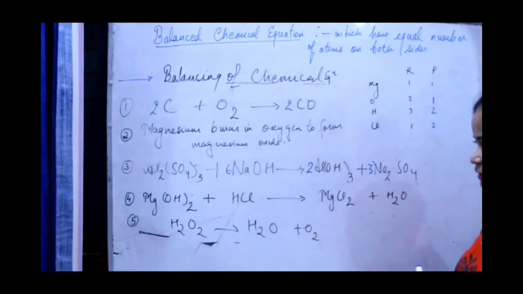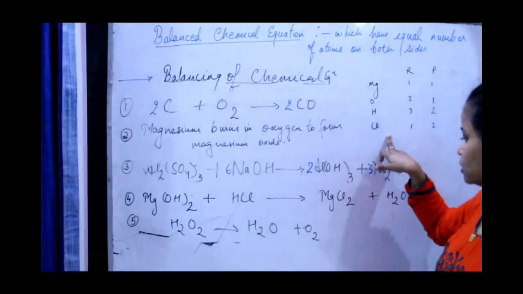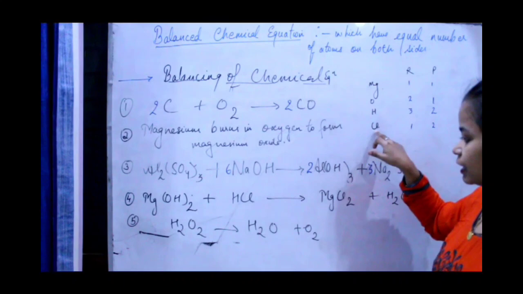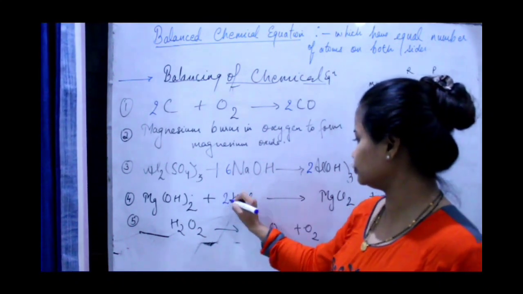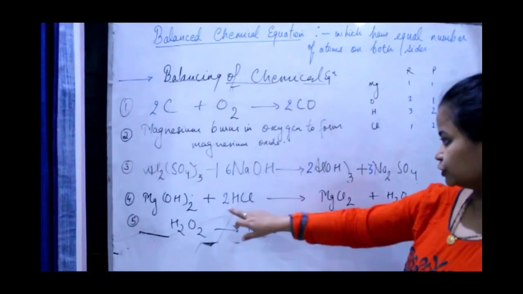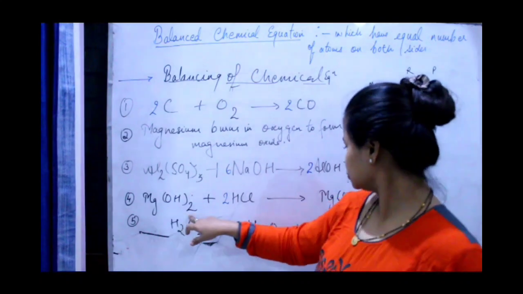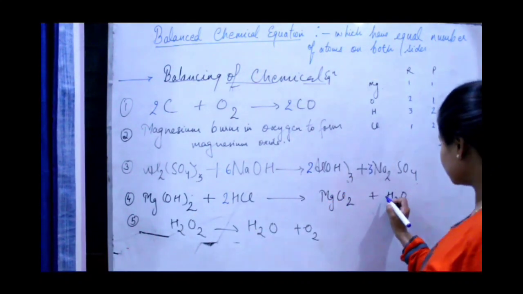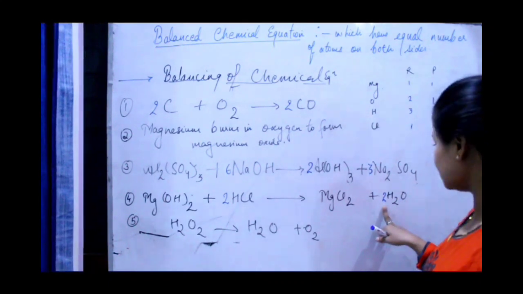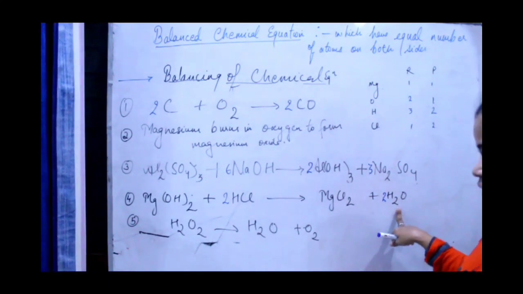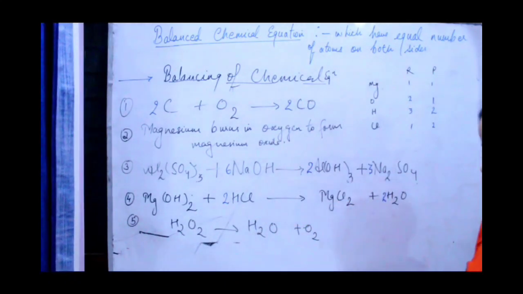Now let us start balancing. Magnesium, both are 1 1, so no need to balance. Let us balance first chlorine. Okay. Chlorine, here it is 1, here it is 2. So 2, यहाँ पे भी आएगा 2. Fine. Now hydrogen 2, here also 2. Oxygen 2. So let me balance oxygen now. Oxygen, if I am writing 2 here, so hydrogen became how much? 2 2s are 4. Now you just check hydrogen 2 plus 4. Yes, it is balanced. Okay.